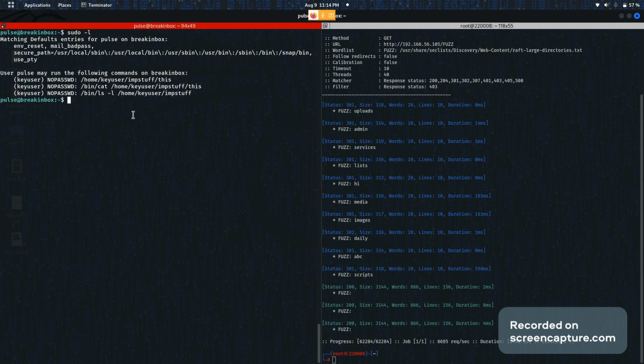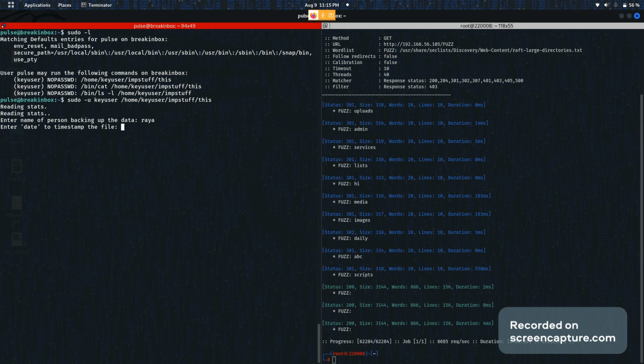So let's try the first. Maybe I'll just wait for the lane. So let's continue. So sudo -u to specify the user, and the user would be keyuser, and the directory would be this. So we can use any name as we like. So I'll just put raya, and enter date